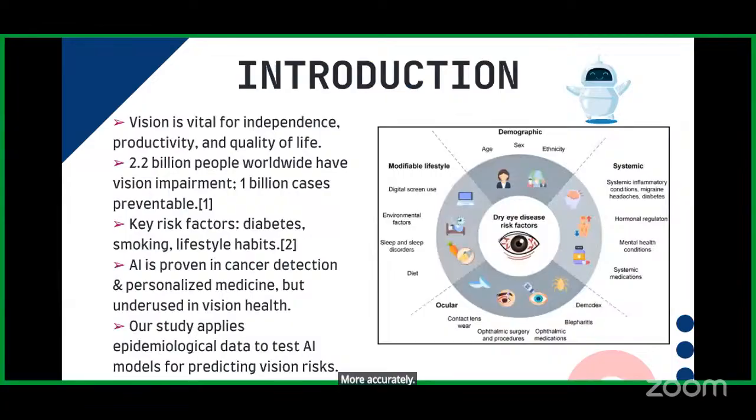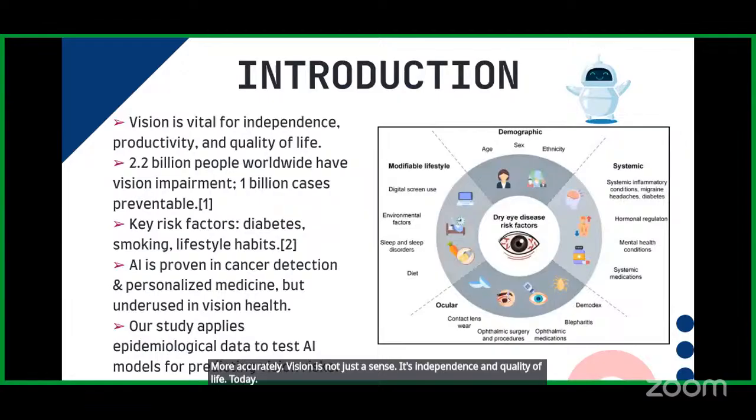Vision is not just a sense, it's independence and quality of life. Today, over 2.2 billion people live with vision problems, and at least a billion